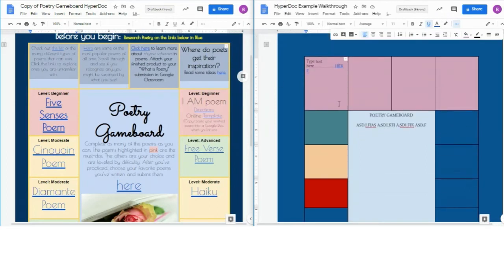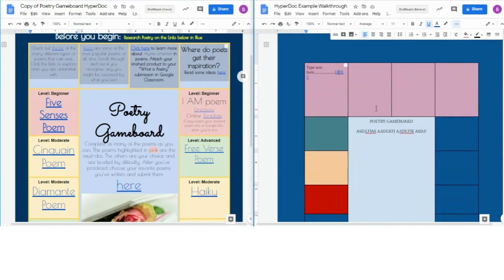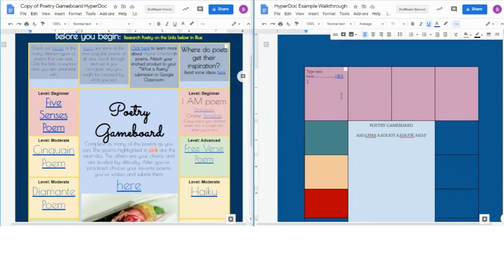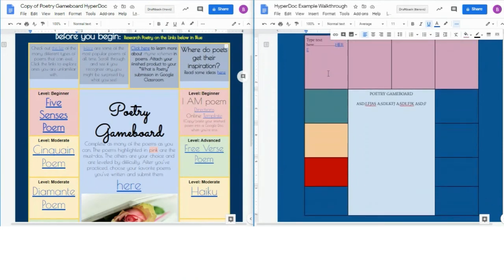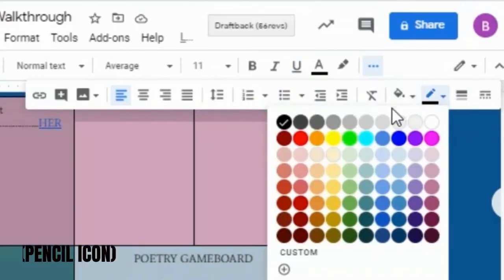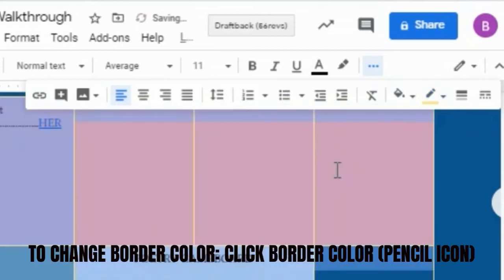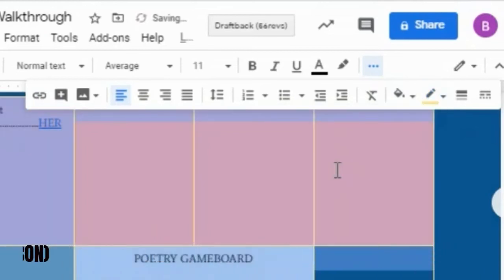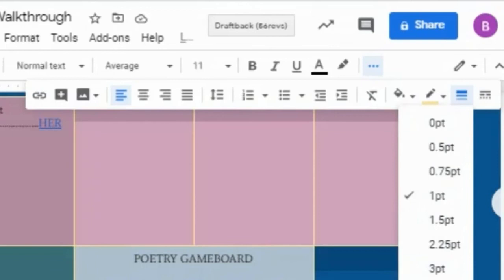Now the next thing I need to do is, okay, I'm noticing that the colors of the border is different than what I have, so it doesn't really look exactly the same. So what I'm going to do is I'm going to highlight the whole table, and I'm going to go over here to, the first thing I'm going to do is go to the border color, okay? And then the border color, I'm just going to make yellow, okay? So it looks like that now. Now, it still looks a little bit different, so what I'm going to do is over here, click on border width, and then I'm just going to make it